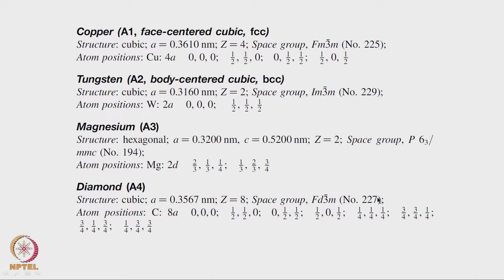This is the space group number which is given in the International Union of Crystallography. So, we can go to that page and get all other detailed information, and atomic positions are only A positions are occupied, but 8 atoms will be occupying this position within the unit cell. Once this information is there, we can construct the crystal structure.